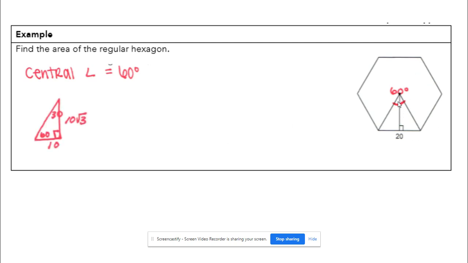So if we were pulling out just one of these triangles, and I tried to enlarge it over here, we know that this whole side is 20. The altitude, or the apothem, is going to cut this side length in half. So from this point right here to the altitude is